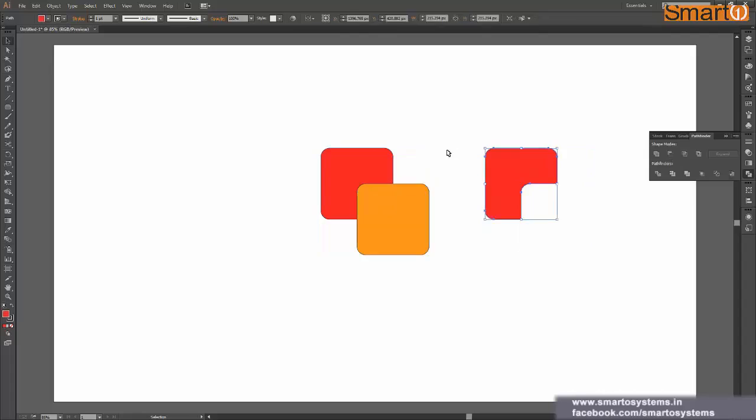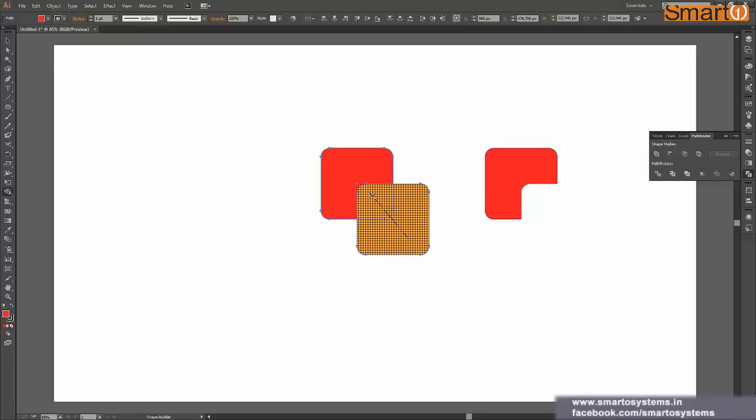First of all, let's have this operation, and Shift M again to select my shape builder tool. This time I'm gonna press Alt on my keyboard so that I have this minus sign beside my cursor, and once it appears, I can click and drag over the shapes like I was dragging before. Also note that I am pressing the Alt key along with it. If I release my Alt key, it will again be an addition operation. So just remember to keep pressing the Alt key till you achieve your final results.